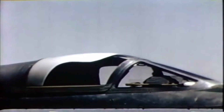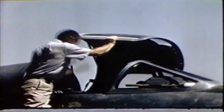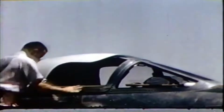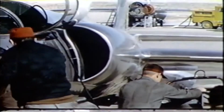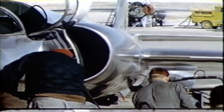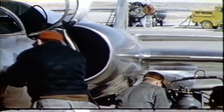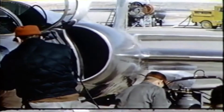The cockpit canopy, stressed to handle a pressure differential of 5 pounds per square inch, is operated by hand. The pant leg engine intake ducts presented a problem. At altitude, near-perfect ram air distribution was needed to keep the engine running. The final intake on the Angel gives as good pressure distribution as would be found in a power plant wind